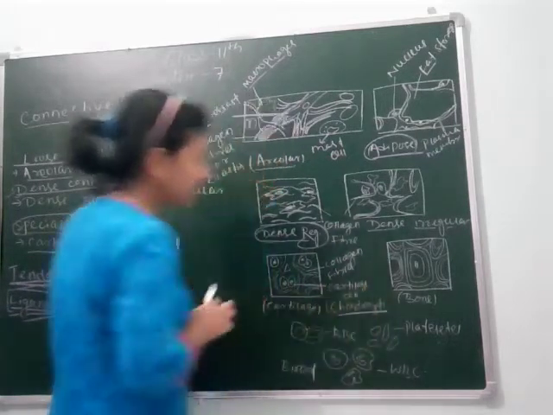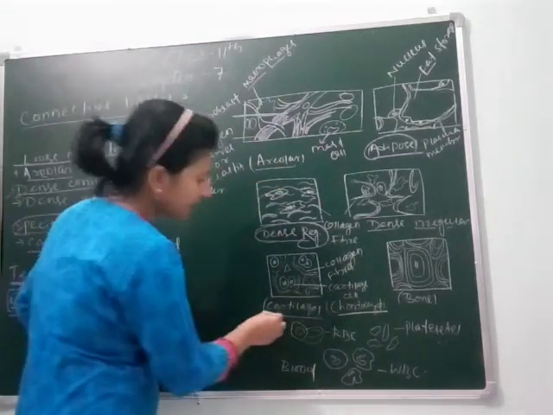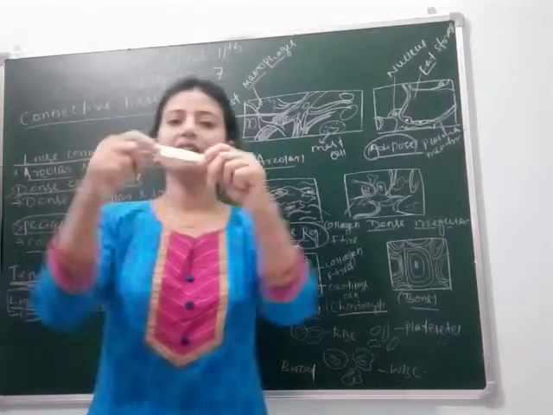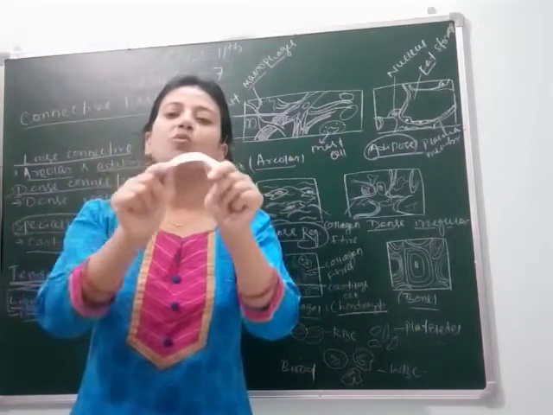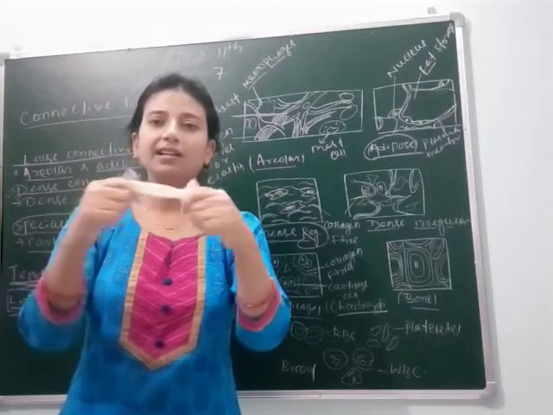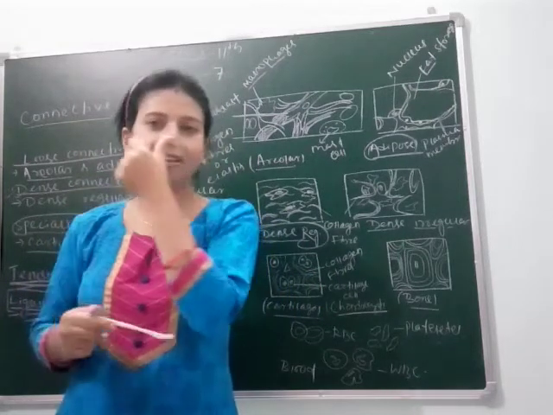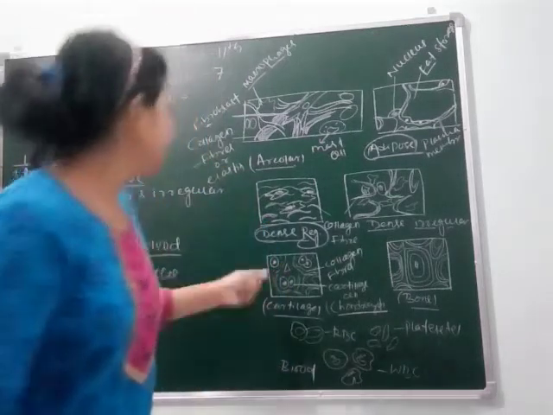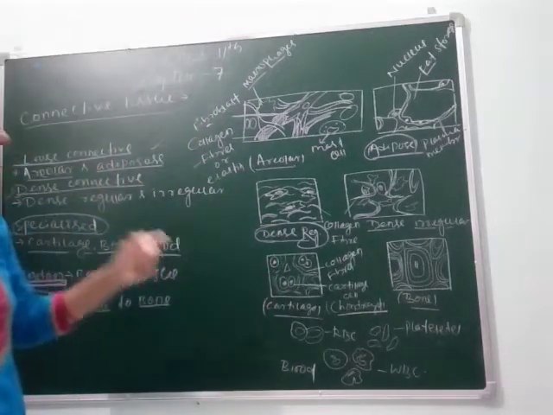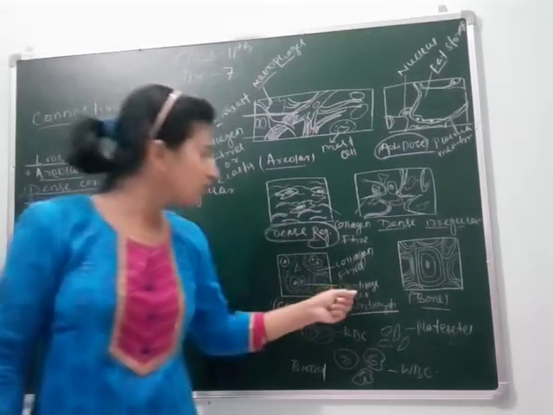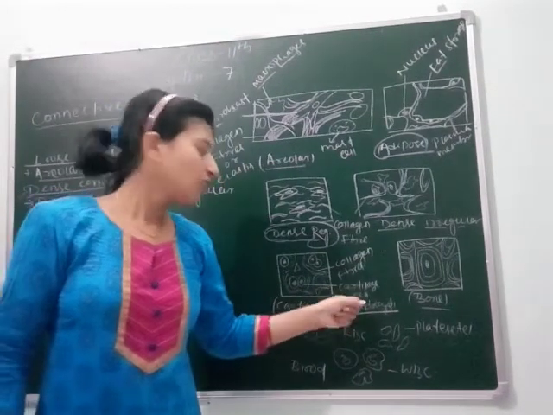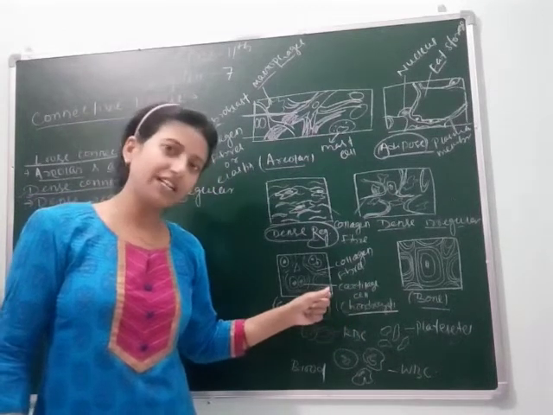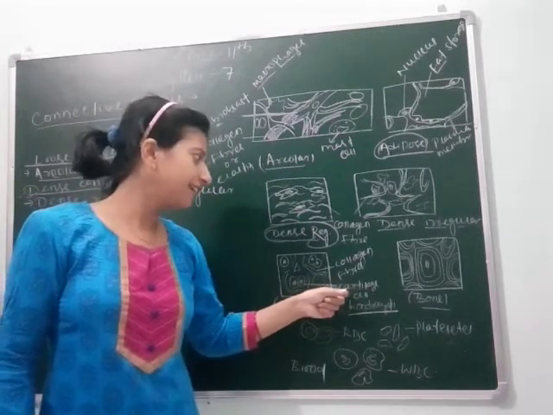You can see the diagram. This is cartilage and this is bone. Cartilage can be moved in any direction. Clear? This is your cartilage. Like the nose can be moved in this and this direction because of the presence of specialized cells called cartilage cells or chondrocytes. Clear? This is called chondrocytes biologically and it's normally called cartilage cell.